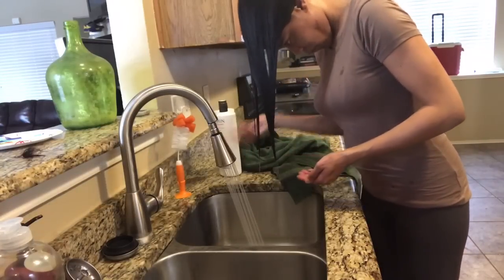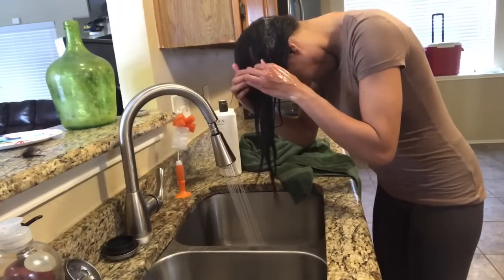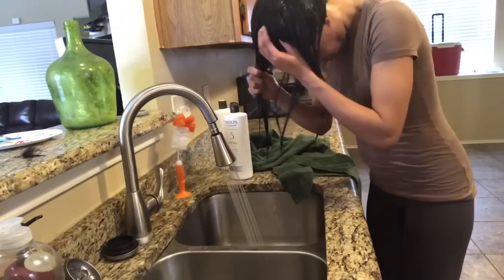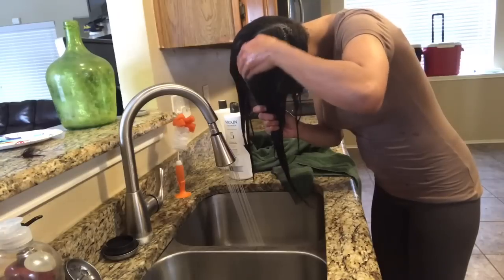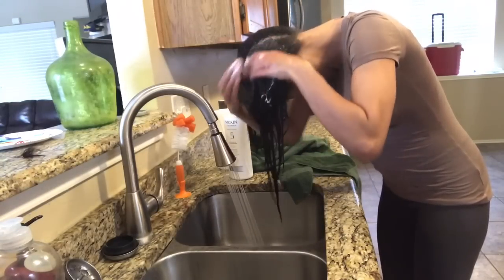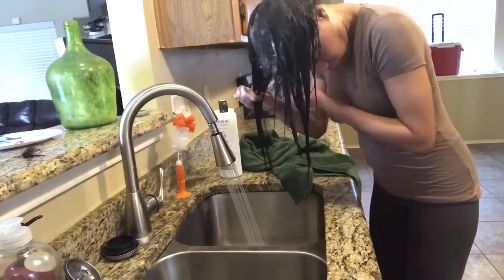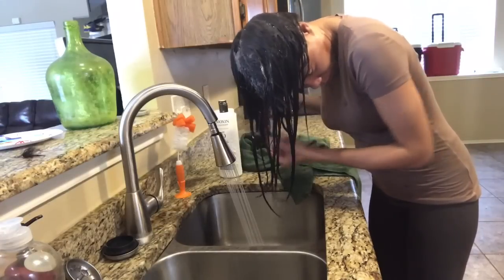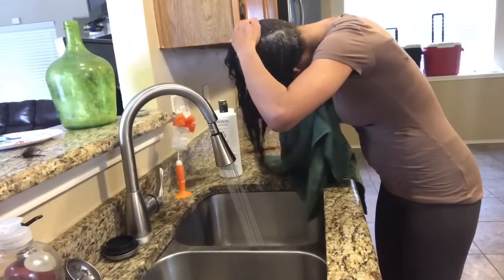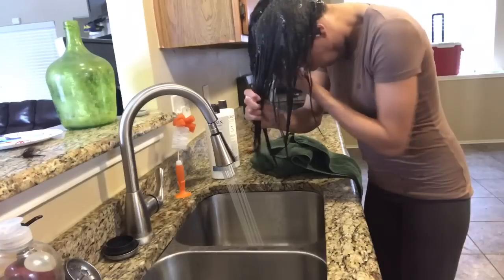Now, I'm just taking tiny amounts, like nickel size amounts of shampoo, and I'm going to apply that all over my scalp, like just work through in sections and apply that to my scalp. And then I will go in and massage my scalp with the shampoo. Now, I'm not focusing on the ends of my hair, again, just focusing on the scalp and the root area also. Okay, so now that I have all of the shampoo all over my roots and my scalp,